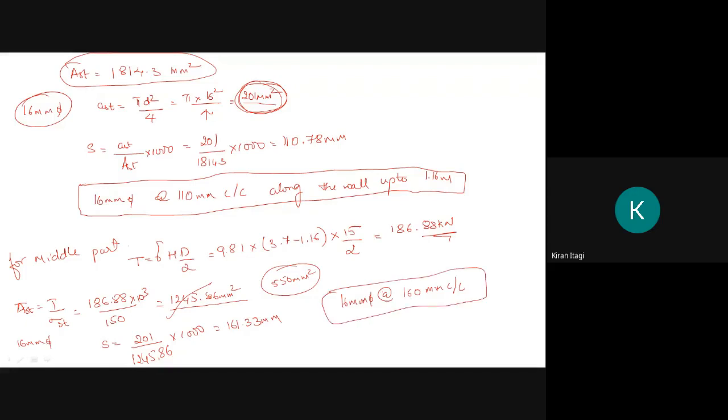Here we can divide this reinforcement into two parts, that is two times the spacing near and away from the water face. While detailing, I will tell you. Just now, see, this is 16 mm at 160 mm center to center distance. Okay. The next we have is the base. Base and the distribution will be the same.